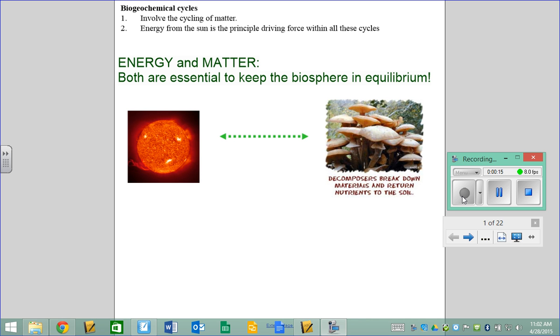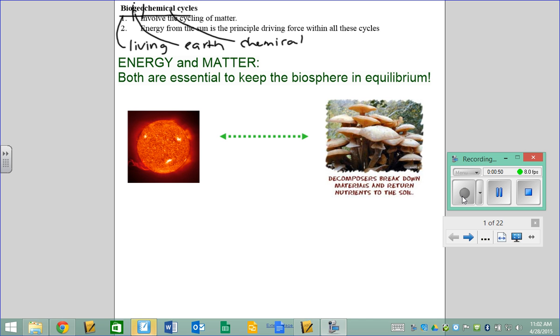We're going to start talking about biogeochemical cycles. There are 3 parts to the word: bio, geo, chemical, and it tells you exactly what we're talking about. The prefix bio always refers to living organisms. Geo refers to the earth. And chemical refers to chemical. It's not even really a prefix, just part of a word. So what we're going to talk about are cycles that involve chemicals on the earth and their effect on living organisms. That's the topic for this chapter.